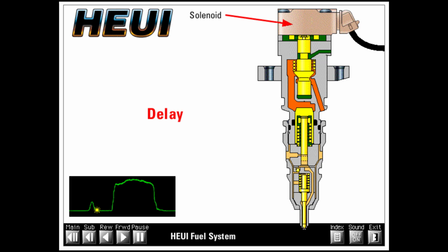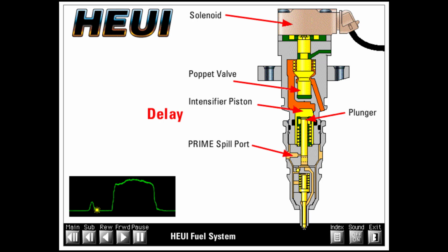As long as the injector solenoid is energized, the poppet remains open and high-pressure oil continues to flow, pushing down the intensifier piston and plunger. Main injection occurs when the plunger groove passes the spill port and injection pressure once again begins to build, opening the nozzle check. Injection continues until the solenoid is de-energized, allowing the poppet spring to close the poppet and shut